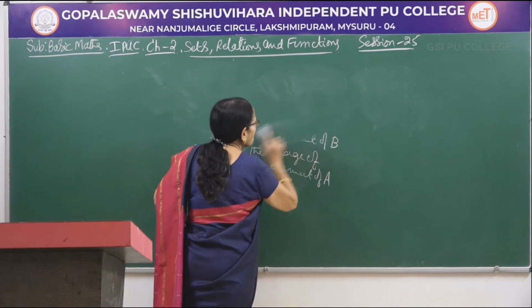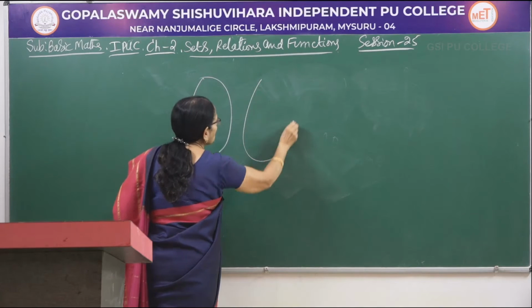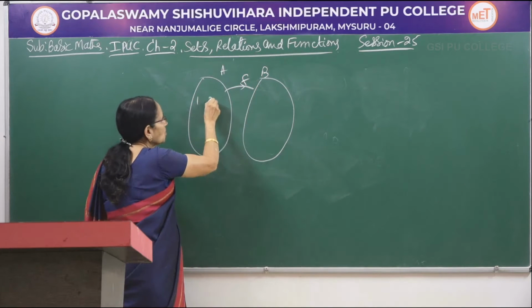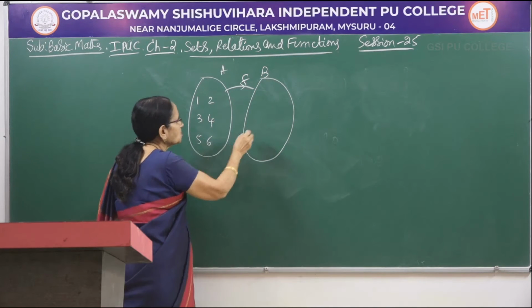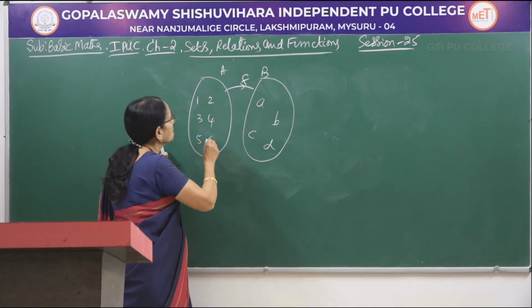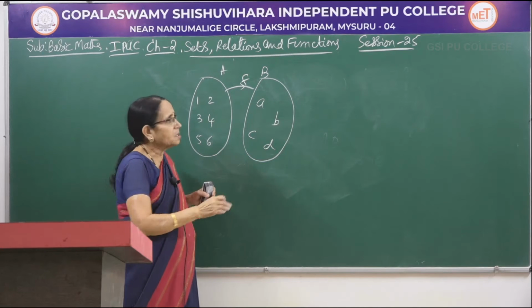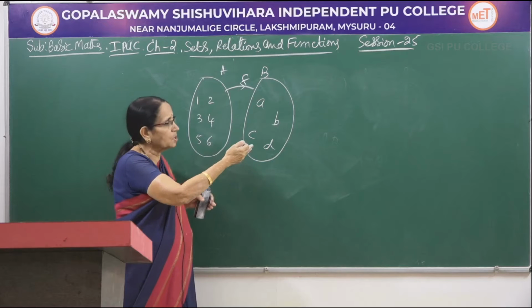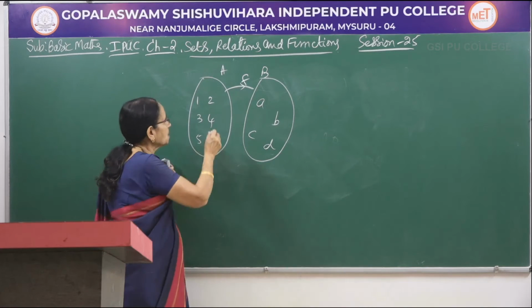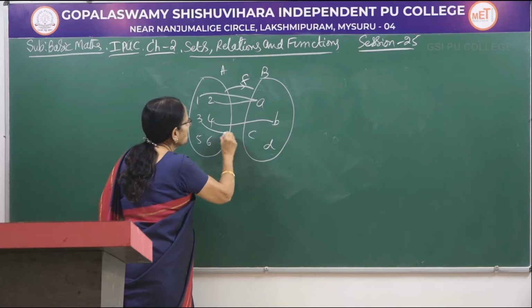Let me draw a diagram so that the idea would be clear. Now take this one. This is A, this is B, a function is there. 1, 2, 3, 4, 5, 6, and A, B, C, D. Now look here. In earlier examples I have taken, some elements were left out in the codomain. In the one-one function also, one or two elements were left out. Many one function also, one or two elements of the codomain were left out. Whereas here, suppose 1 and 2 have been associated, 3 and like this.